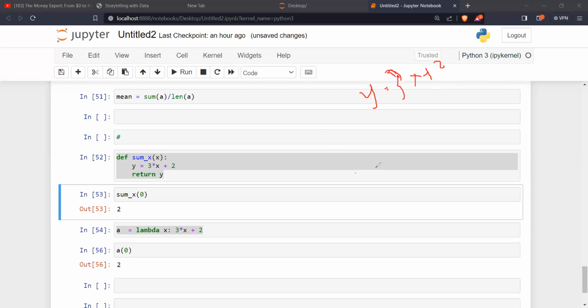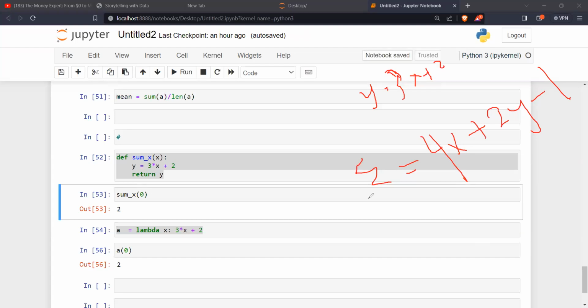What if I said, okay, z is equal to 4x plus 2y minus 1? How many parameters do we have in this case now? Two parameters, x and y. And z is a variable.